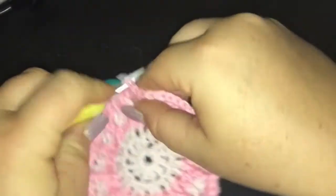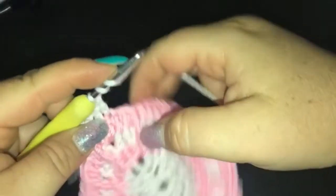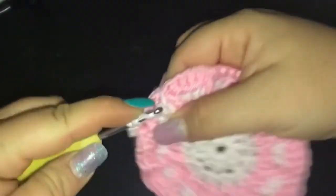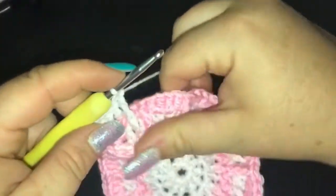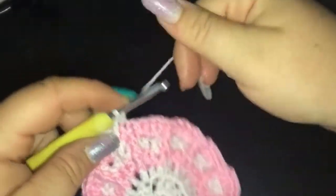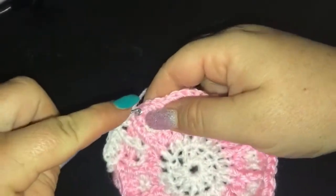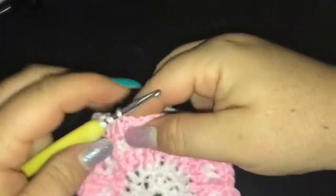Now the next 2 get 1 double crochet each, 1 and 2, and then we're going to do a front post treble crochet around the treble crochet from round 4. Double crochet into the next stitch and begin again. 2 double crochet in the next stitch, 1 and 2, a double crochet into the next 2 stitches, 1 and 2,